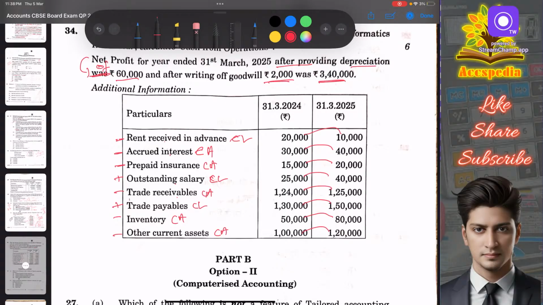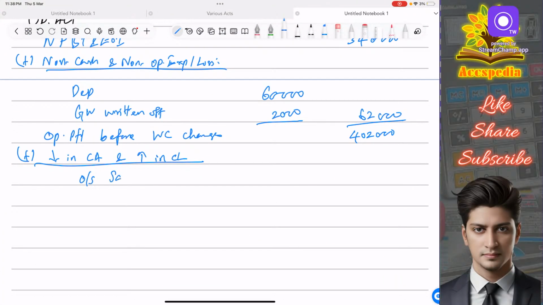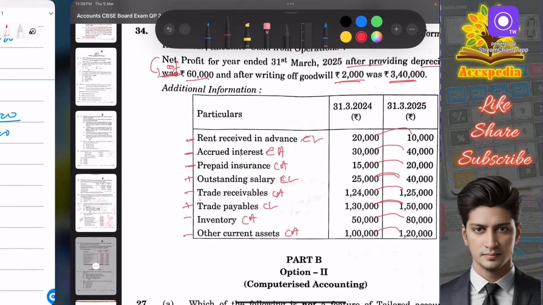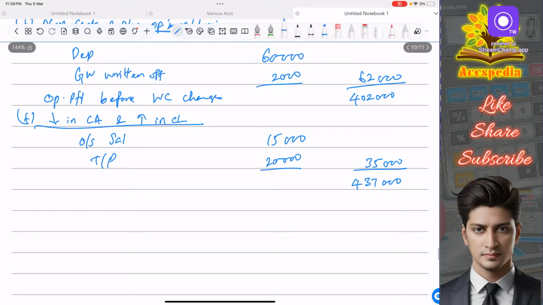Only two additions: outstanding salary and trade payables. Outstanding salary 15,000, trade payables 20,000. 15,000 plus 20,000, total 35,000. 4 lakh 37,000, and then subtract